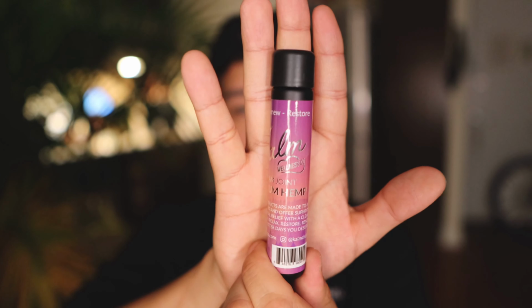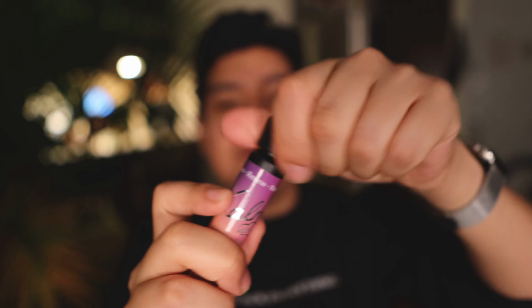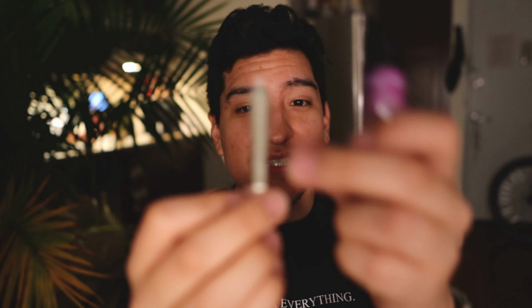And then finally, the last comparison product we have is a 1 gram joint of premium hemp, also from Calm. We can take a look at this here, and as the other ones come in glass, this one comes in metal. It has a child-proof lock, so maybe it doesn't smell. And let's open this one up here. You can see this is just a larger version of what we were looking at earlier. It's beautiful. Like, this one is perfectly tapered, perfectly twisted, has a nice white filter there, and it does the